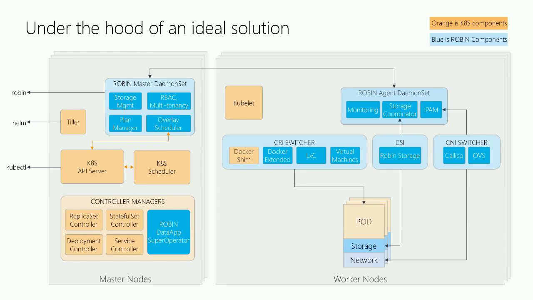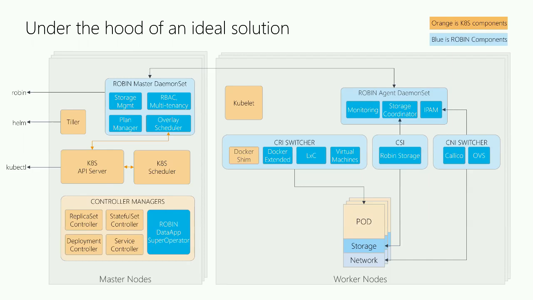CSI, of course, is our storage stack, an enterprise-grade storage stack. And there's a CNI switcher that allows you to pick between Calico as well as OVS. This is the area where we have done some innovations around providing multiple NICs to the same pod and things like that. Again, on top of all of that, on the left-hand side, we have this data app